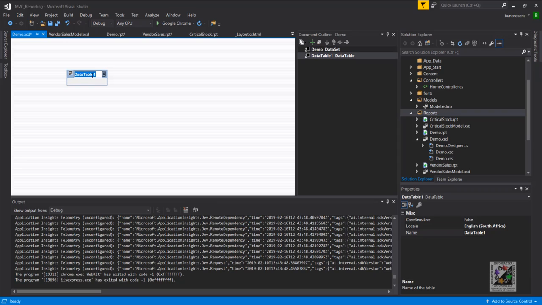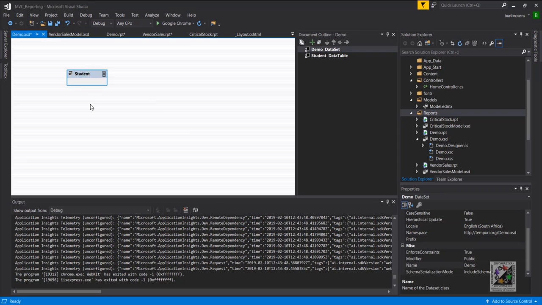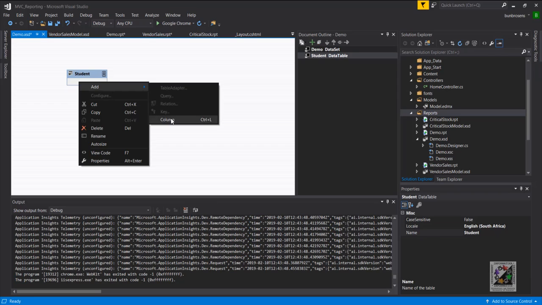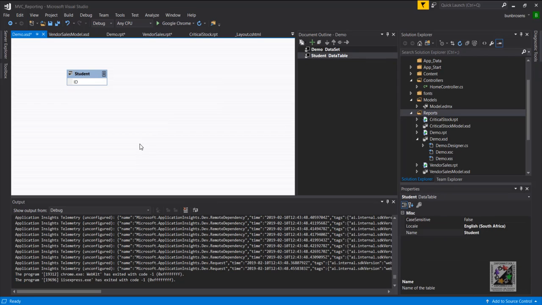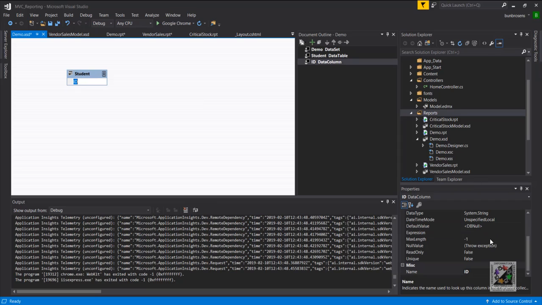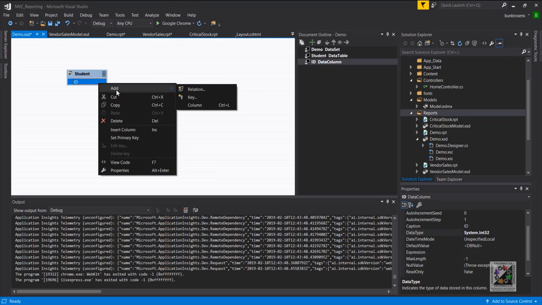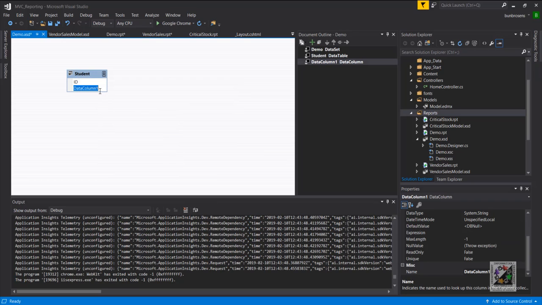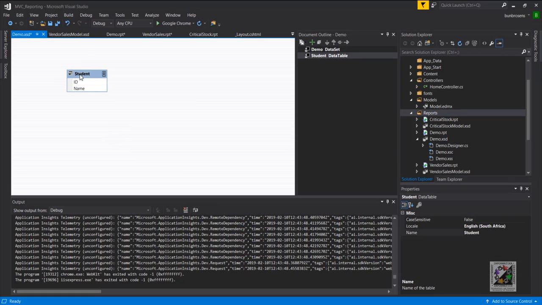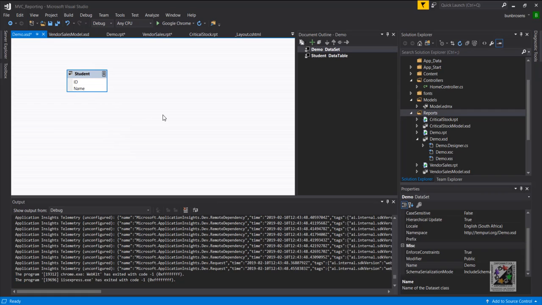So let's call it student. All right, and we add a column. We can make an ID. If you click on the ID, you can go down here to your properties and select the data type. Let's just add one more column. We call it name, and the data type is string. Okay, so now that this is your data set, if you save this and you go back to your demo